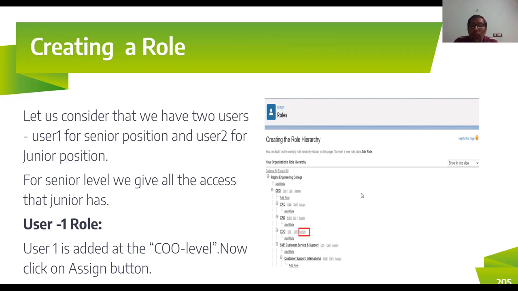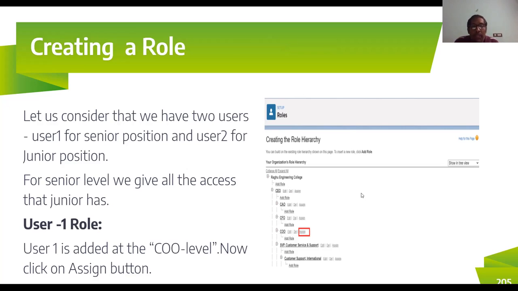So that is what you do. You click on the assign link, and you're going to assign the user to this particular role. If you want to create a role, then you have to go for add role. If the role is already there but you want to assign the user to it, that is what you do. You click on the assign link, and then you add the user to the particular role, right?